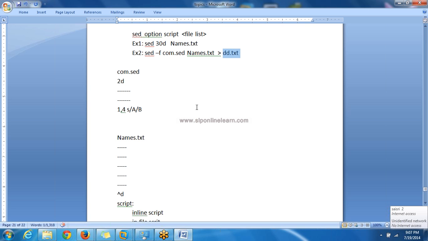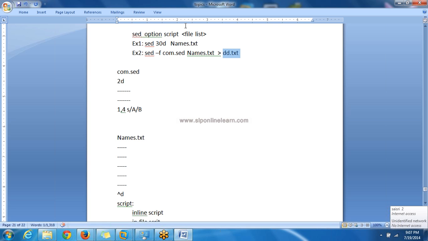So this is the way of executing the script file. In this way, the script will be executed.